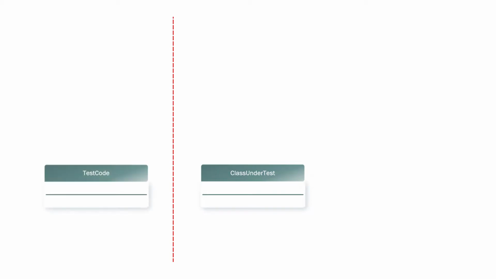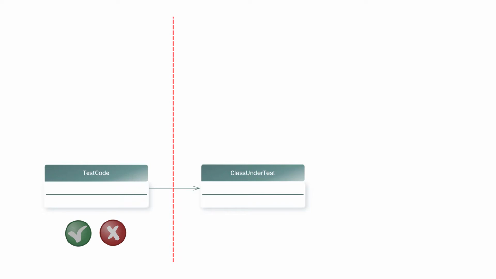So what we always start with is something that we'll call the class under test. So whatever it is, the thing we're trying to test, make sure it does the right things. And we often abbreviate that just as the CUT, because we really want to be clear in our minds what it is we're testing. We then have some test code, and the test code uses XUnit or whatever to call a method on the class under test. The class under test executes, returns a result, and then in the test code we simply verify that the result we got back matches the result we expected. And that will give us either a green light or a red light.